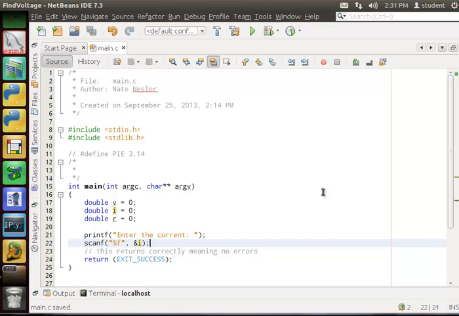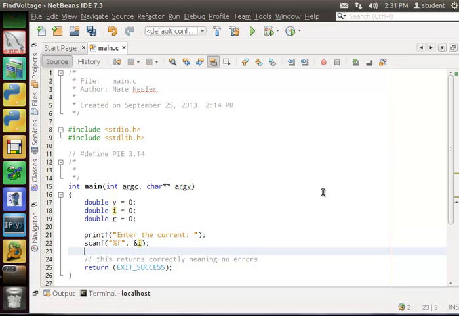I just hit Control S there to save real quick. That's a hotkey for saving. Lets me save quite quickly. And there's my scanf. And so whatever they type in here for the current is going to get stored into I. And next I want to do the resistance. So I'm going to say